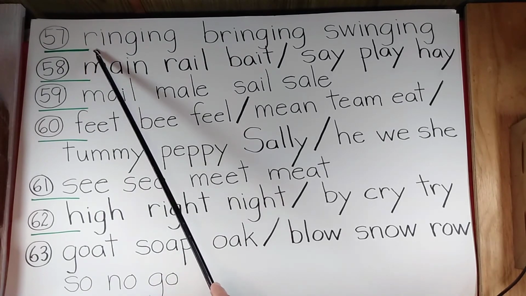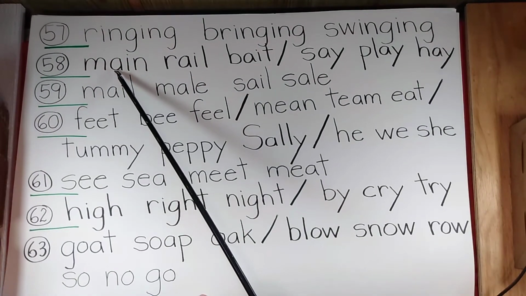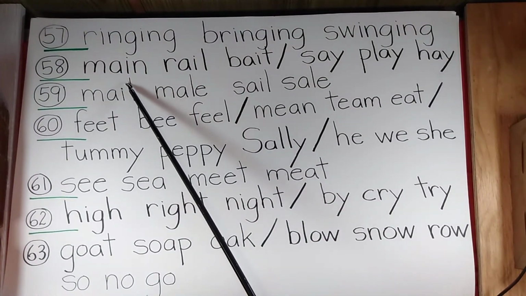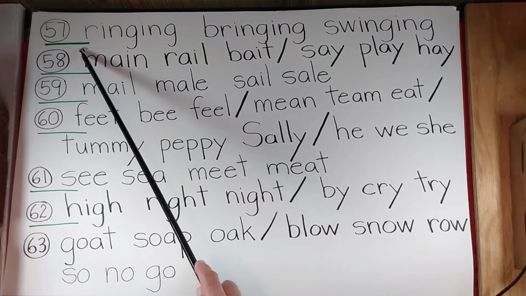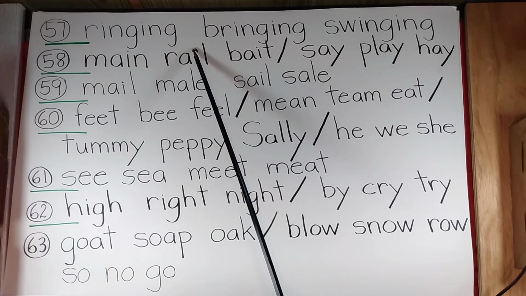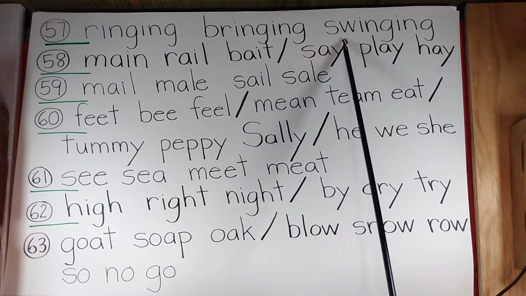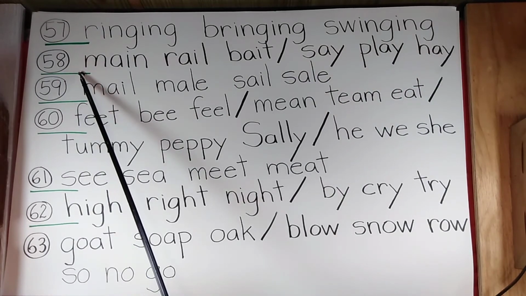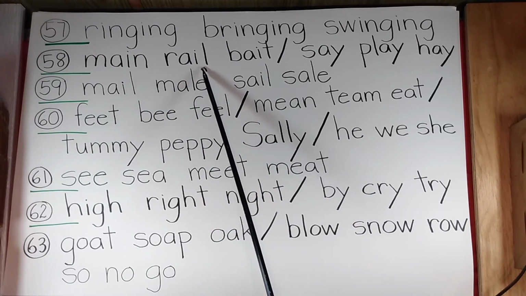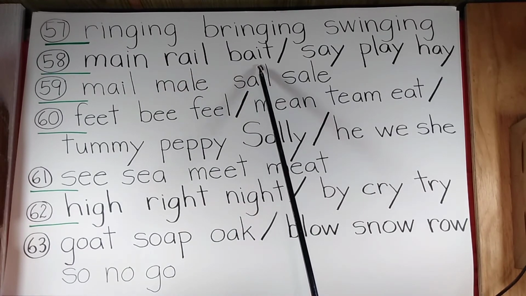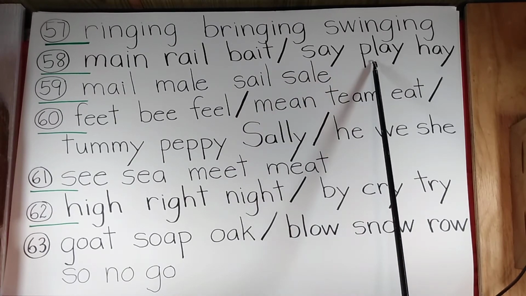57. Let's make sure I've got everything on here. I think I do. Our teacher's taking a snapshot. 57, ringing, bringing, swinging. 58, main, rail, bait, say, play,